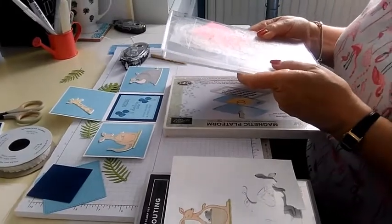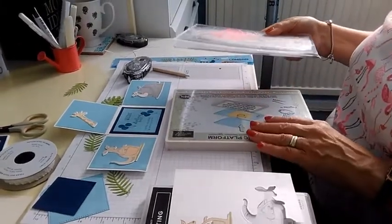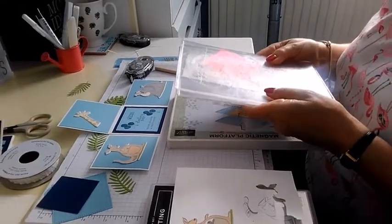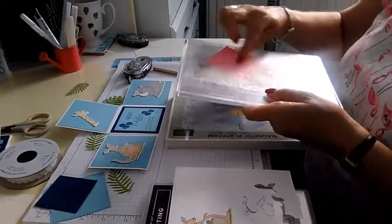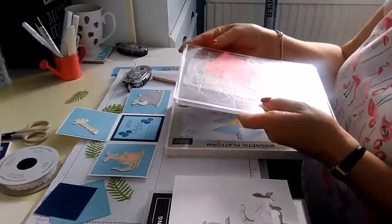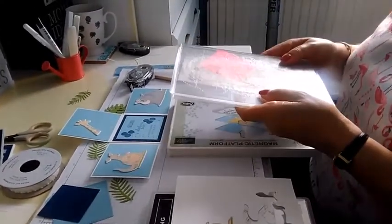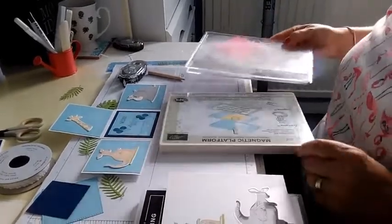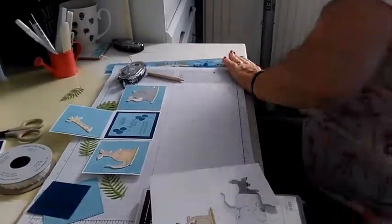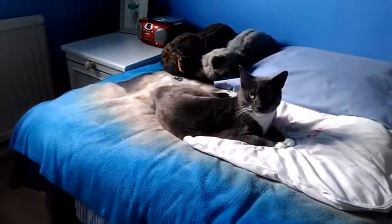So the same tip works if you're using your base plate. Just stick that onto your plate using a Post-it note, and it won't go anywhere. So that's the first tip. Let me just put that down there. The second one was,